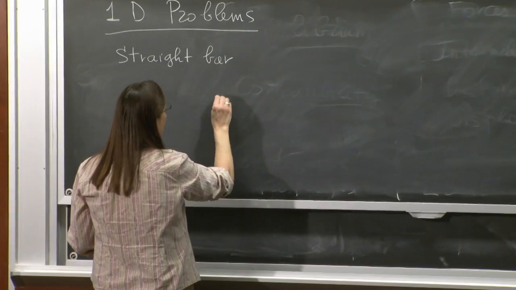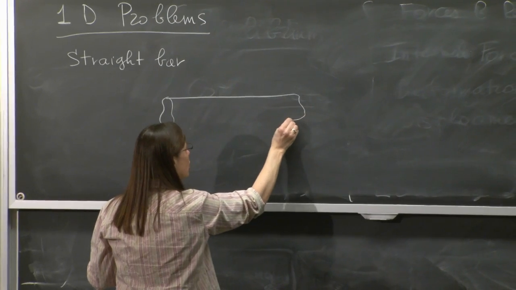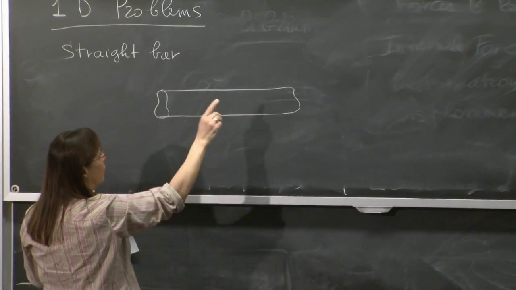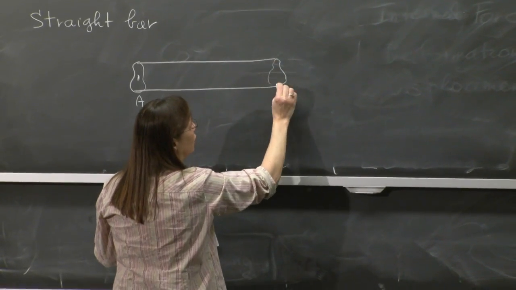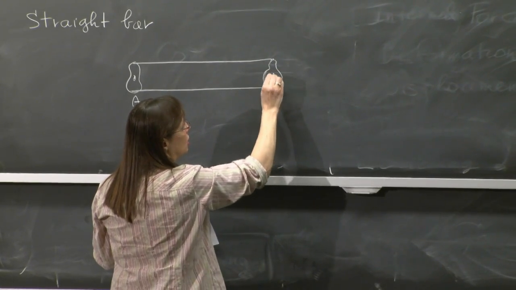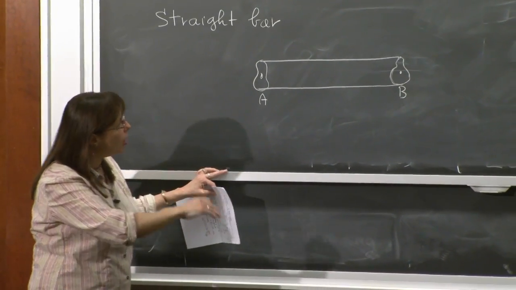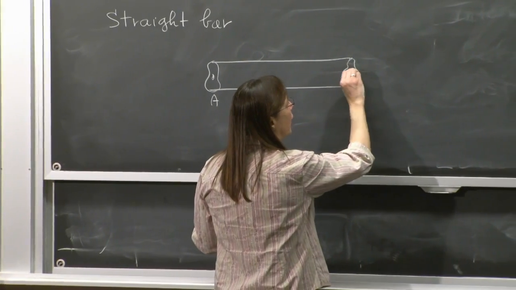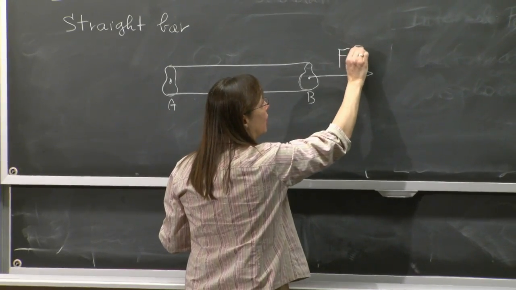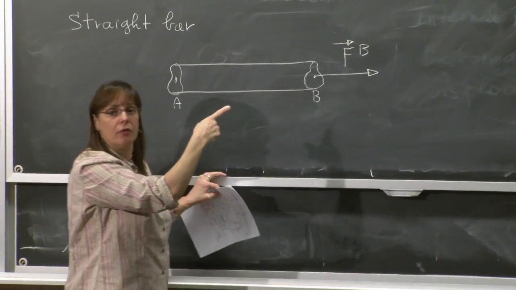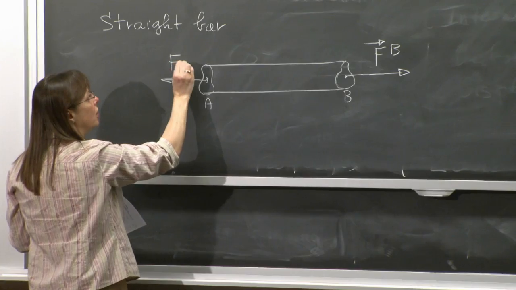So you're going to have a straight bar, something that looks like that. And the cross-section can be changing as long as it changes slowly. But the bar is straight. So you have a section of the bar here. Let's call this section A. And you're going to have on the other side the same cross-section. And this is going to be section B. So the bar is straight. And along this straight bar, we're going to have forces acting on the bar. And also the forces. So the force that acts at B, I'm going to call it FB to remind myself that the force acts at point B. And the force that acts at A, I'm going to call it FA to remind myself that the force acts